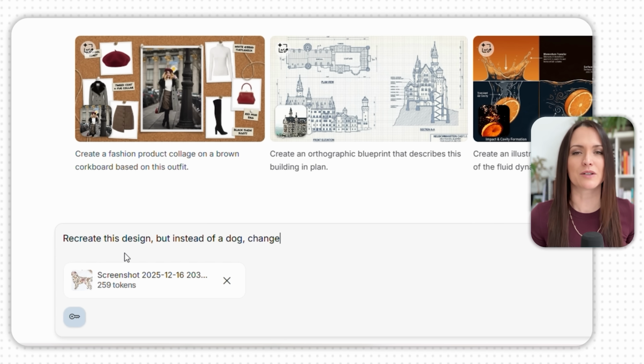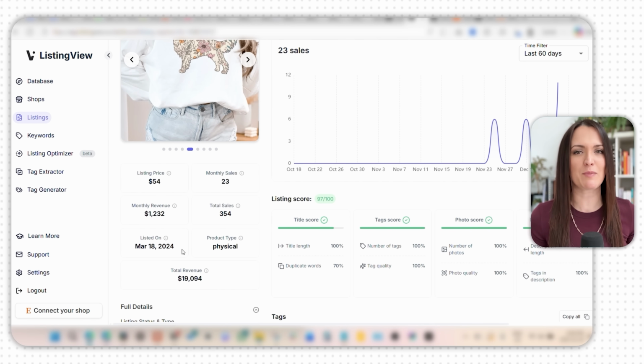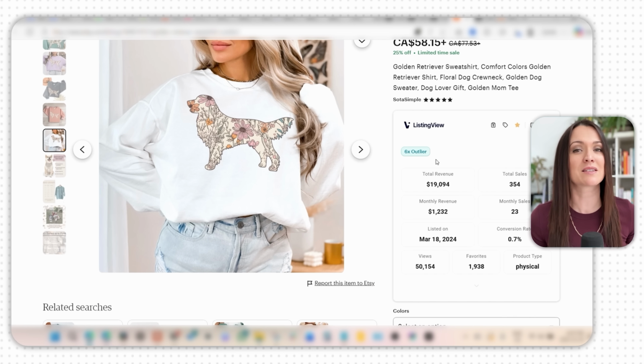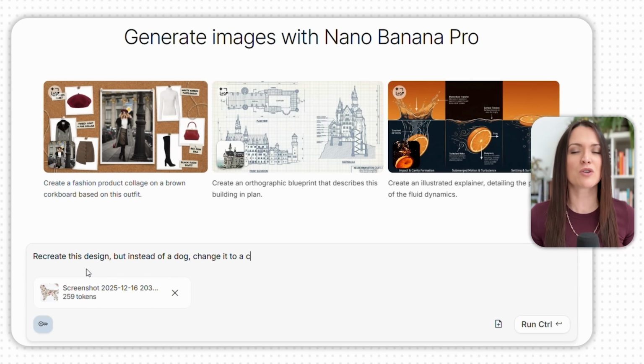Because yes, it's clearly popular, so we have proof that people like this style of design and product, but you don't want to compete with this already popular product as a newbie, because this seller already has the momentum. What you want to do is use this research to create a similar type of design, but in a different popular niche or topic. Plus, copying someone else's design exactly is wrong and could get you into trouble with copyright and trademark issues. So always make sure you